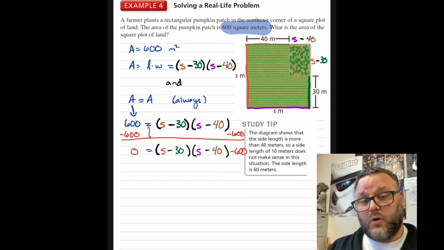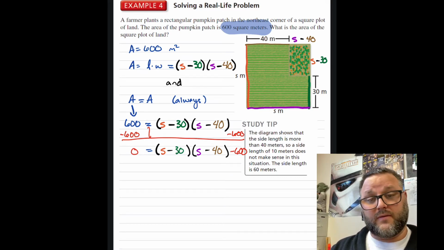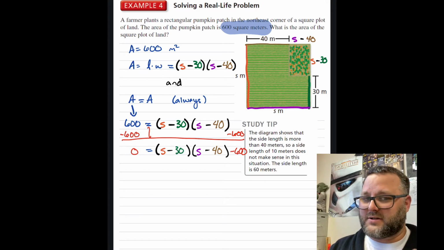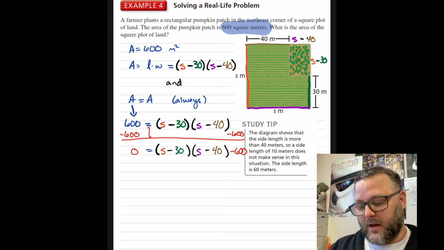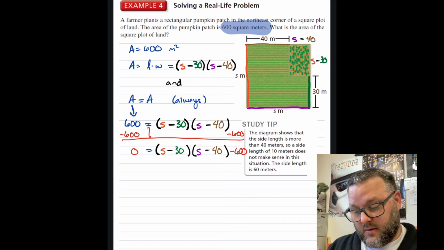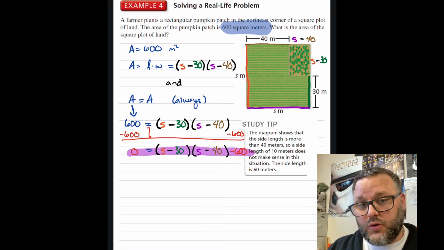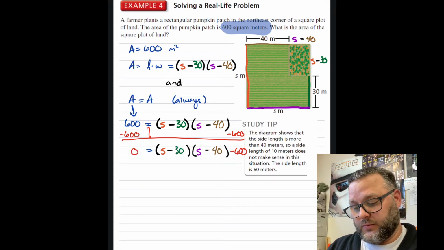And I've written down what I see a lot of people think is the thing to do first. In order to solve with polynomials, remember, we want to get it set equal to 0. But we can't just jump to it. In other words, I can't just subtract this 600 and write it like I have here. This is too much too soon. What we should be doing